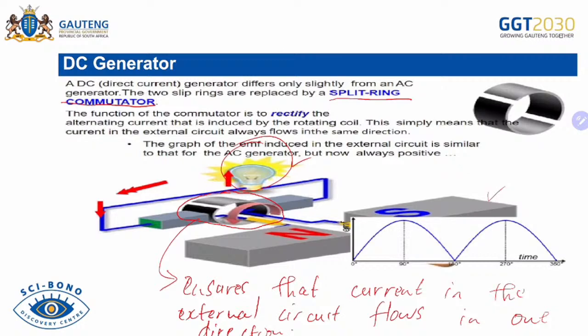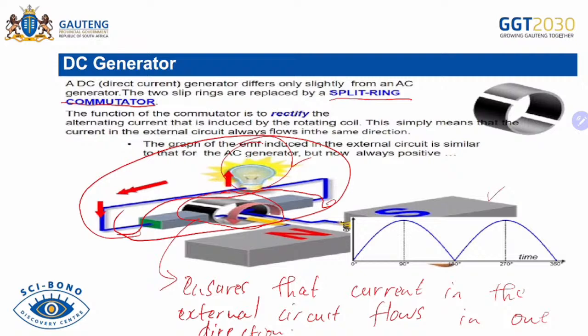It ensures that the current in the external circuit flows in one direction. So this is your external circuit, even the split ring commutator is part of it. So the function of a split ring commutator when it comes to a DC generator is that it ensures that the current in the external circuit flows